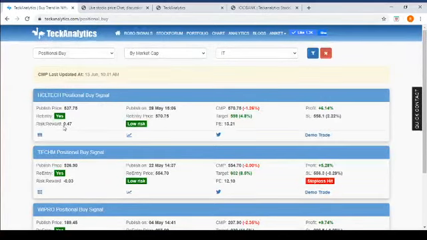For example, HCL. 0.47 is the risk reward, which is low, and the re-entry is 570, and CMP is also 570. So my risk reward is favorable, and the target is 598. I can buy this stock at CMP also, because the system is saying 570, or you can buy below. Okay, possibility Monday it might go to 560, 565, but nobody knows. It might see a price reversal also. So what I will do is click on the demo trade.